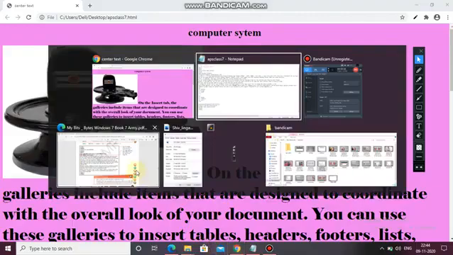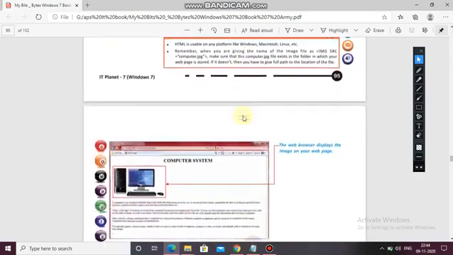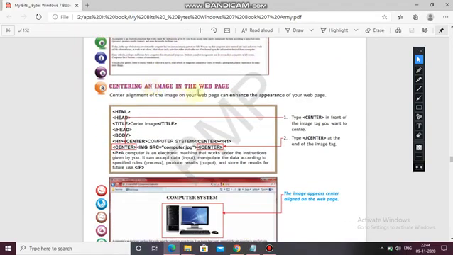Coming back to the textbook, so here you got it, how we insert the image in our web page. Now next, you can see here it has taken the computer image. I have taken the Shivalinga image. Now centering an image in the web page means you have to align your image in the center.